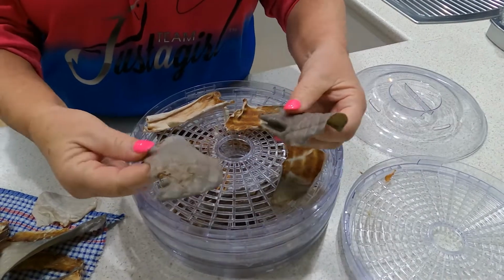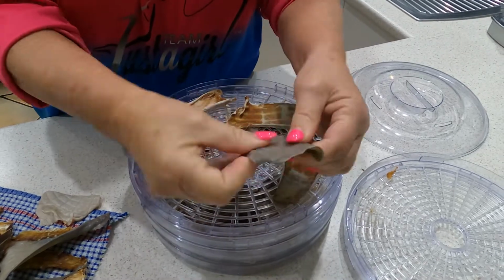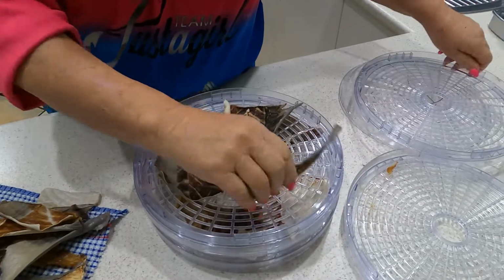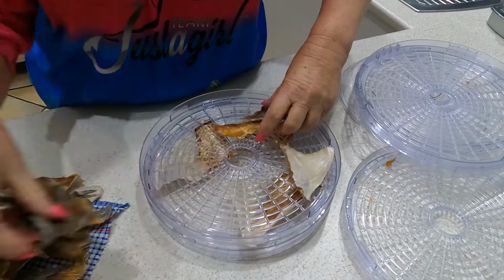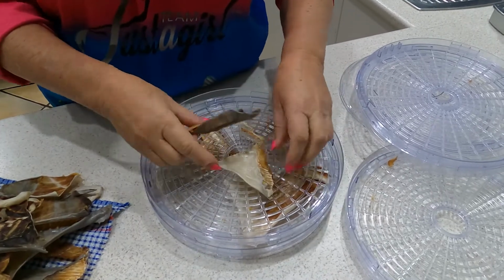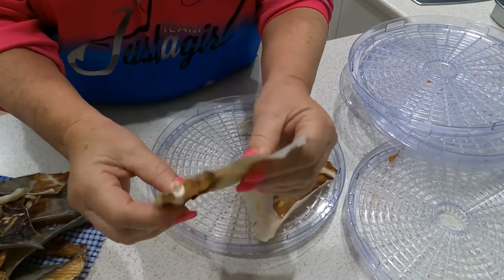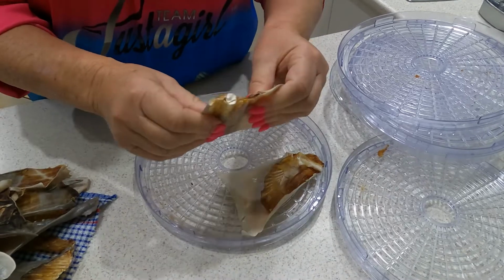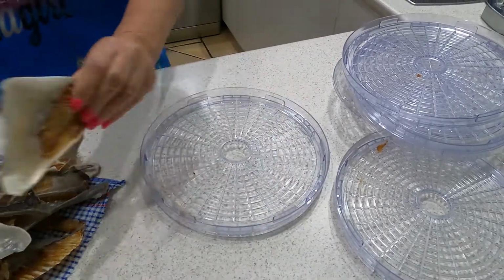These are the shark skins, the little pieces, and you can see how tough they are. They do come up really tough. Now the other thing with these as well is you need to store them in an airtight container. So I just put them in a Ziploc plastic bag. But one of the things I also put in, so these are those shark fins we got at the bottom. So they're just beautiful now. Well, Cooper's going to love that big one. So yeah, we'll put these all in a